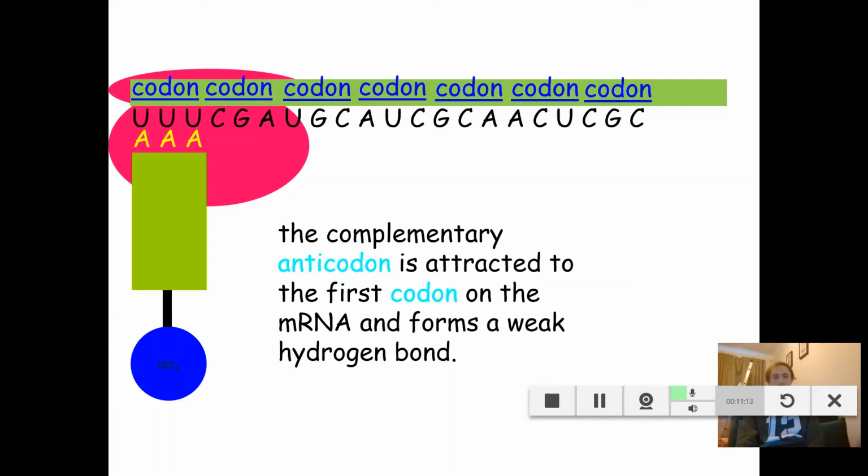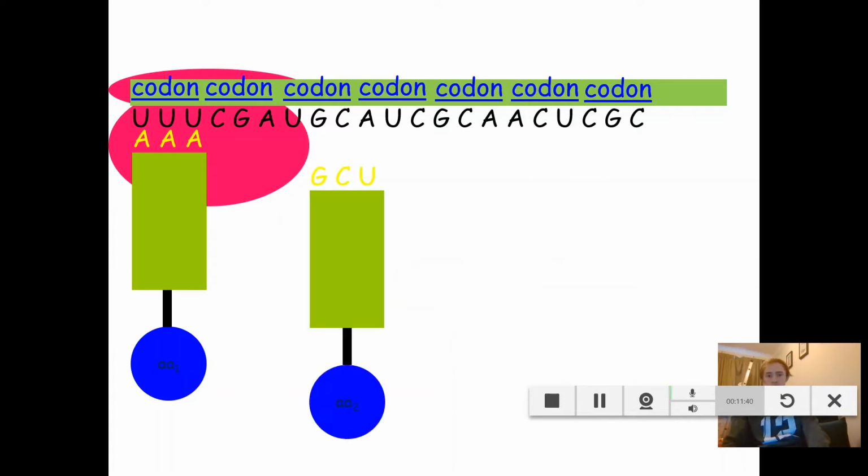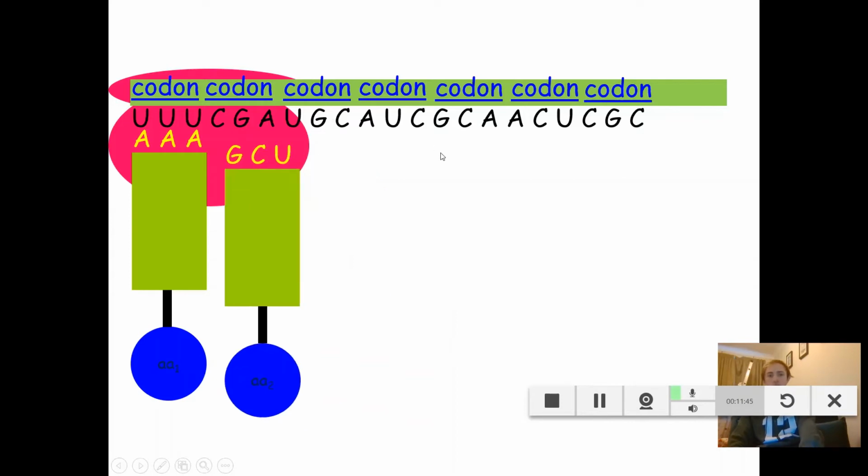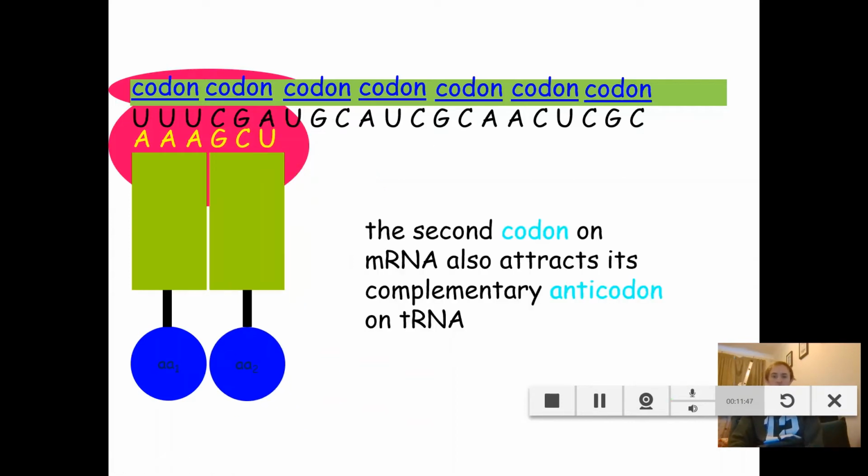So you get a second tRNA molecule, and I'm sure you could predict, looking at that second codon there, what the bases of that anticodon would be. So the bases of the codon are C, G, A. Then the bases of the anticodon would be G, C, U. So hopefully, yeah, there's my tRNA with GCU as its anticodon. Along it's going to come, it's going to do the same thing again.